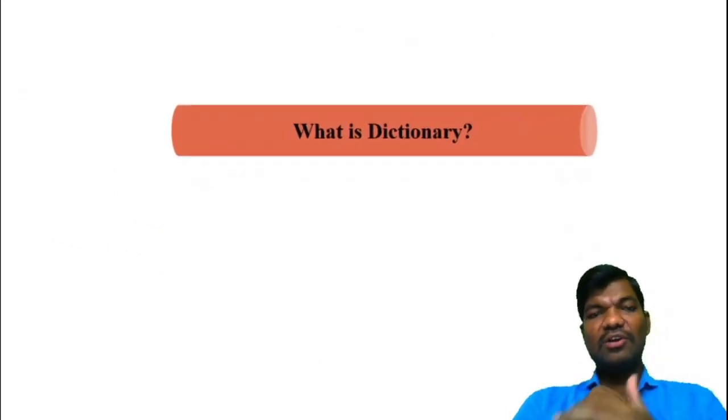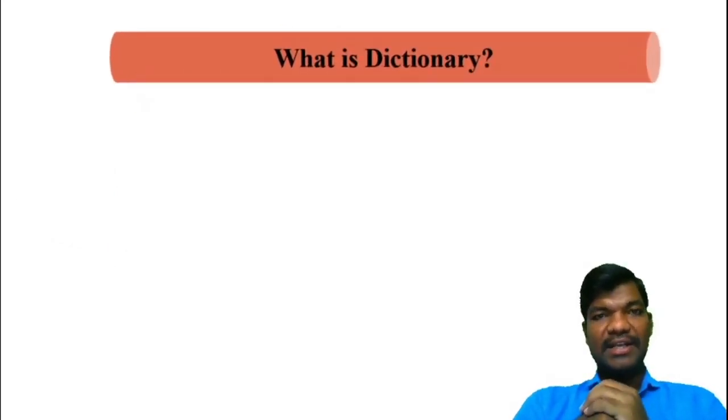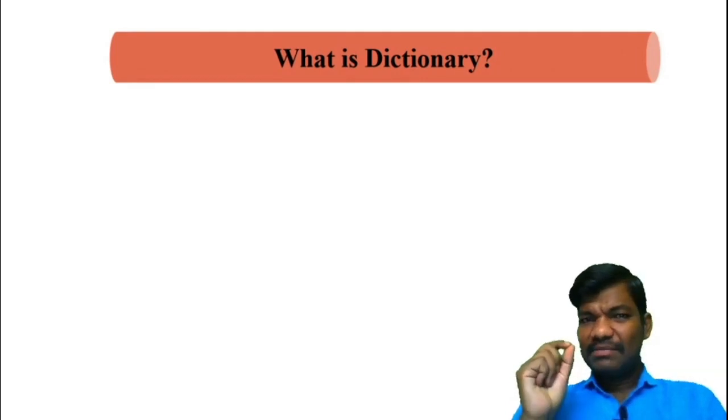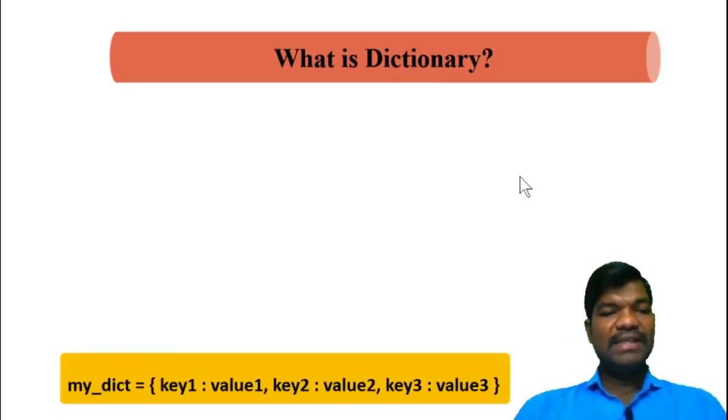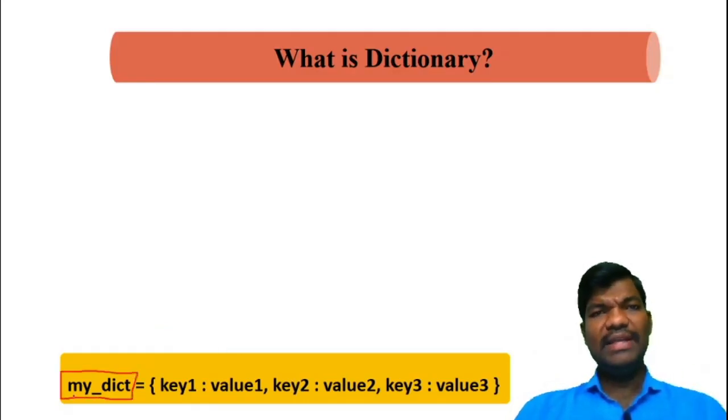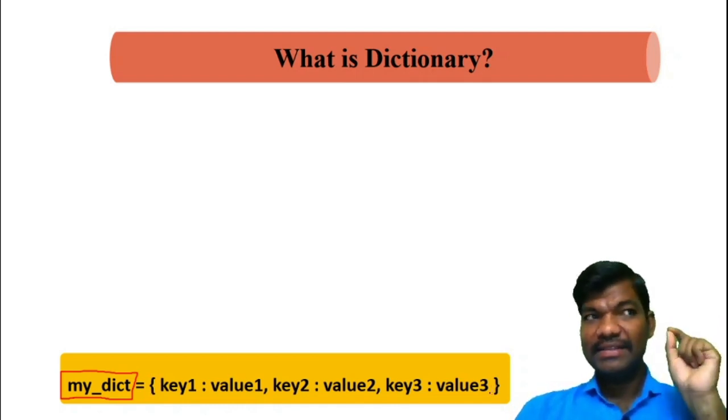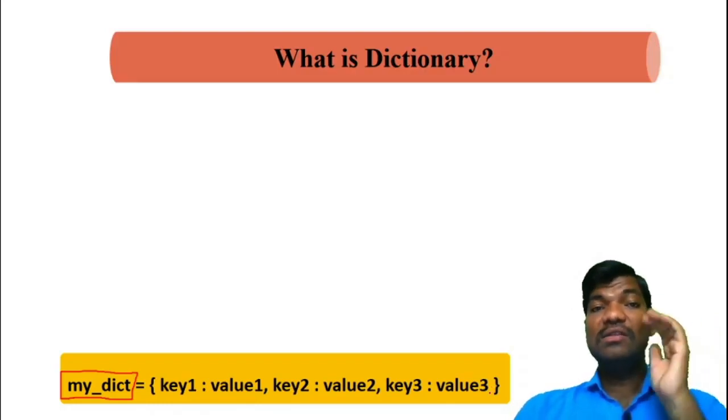First, coming to the first topic, what is a dictionary? Let's check a small example. In this example, this is the dictionary name. Give any name, A, B, like that. It is just a variable, right? And dictionaries are in curly braces. So how do we identify whether this is a dictionary or not? A dictionary is present in curly braces.